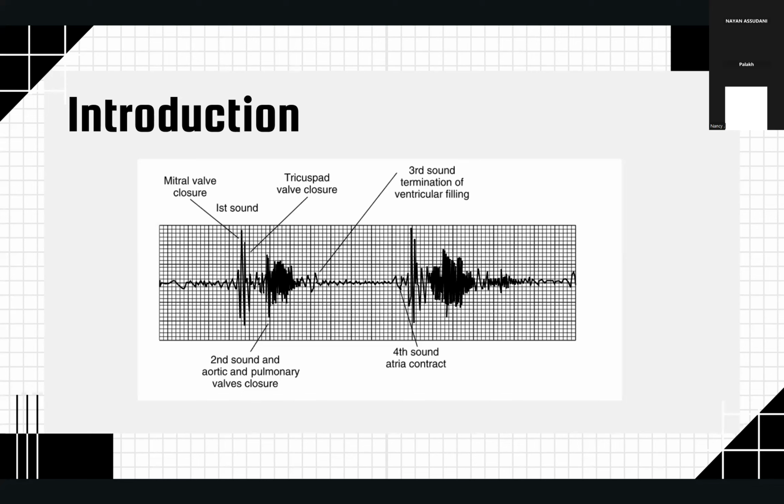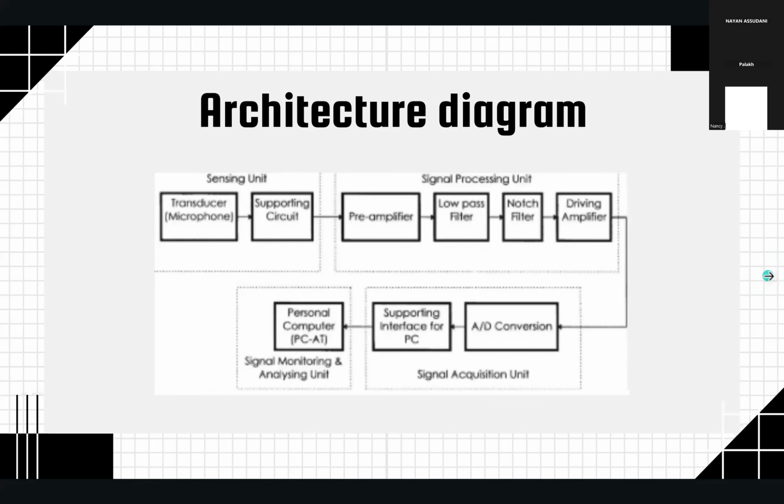Now let us see the architectural diagram of this topic. At the core, the setup involves a sensor to detect vibration, then a signal processor to clean and amplify the data, and finally a display unit that presents the heart sounds in the form of a waveform. The design is simple but effective in converting physical heart vibration into relatable medical data. Now my other teammates will continue with the rest of the PPT.